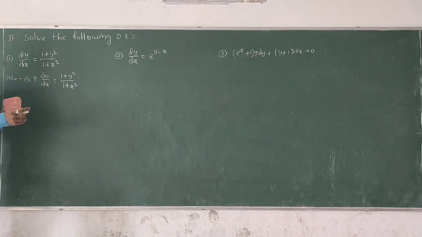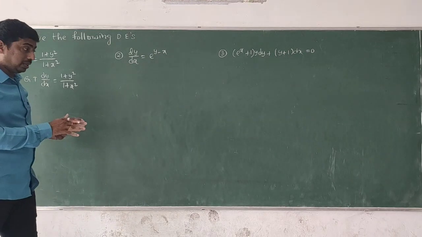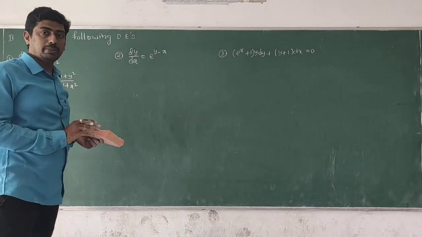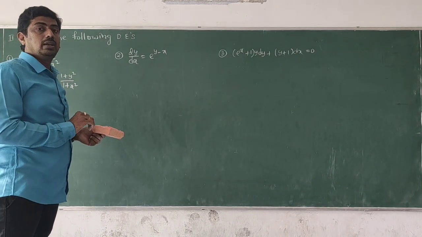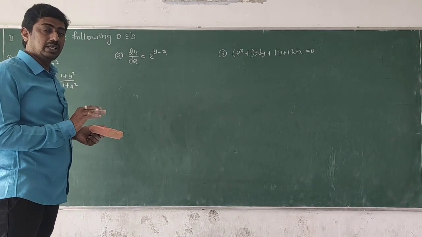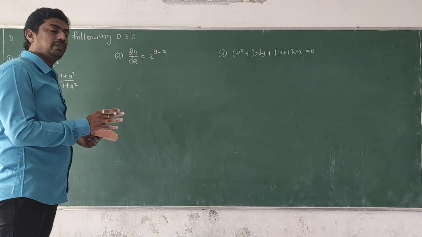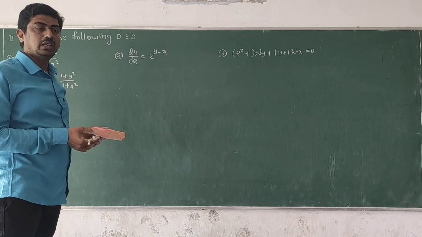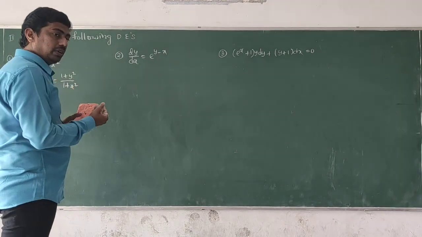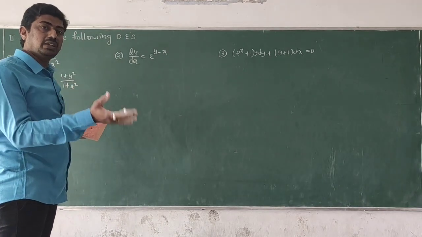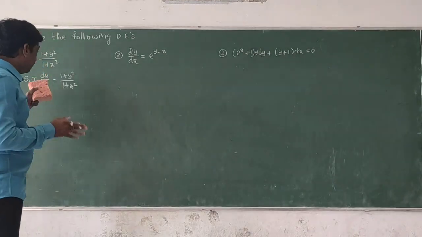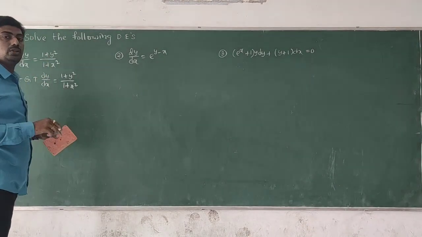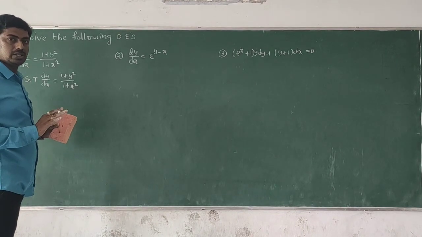Can you understand the difference between the previous part 4, part 3 problems and the part 5 problems in today's class? Can you understand clearly? The difference is, in the third and fourth parts I explained the formation of the differential equation. That means from the given equation we find the differential equation. But in this problem, the differential equation is given, and we need to find the general solution. That is the difference. Understood clearly?